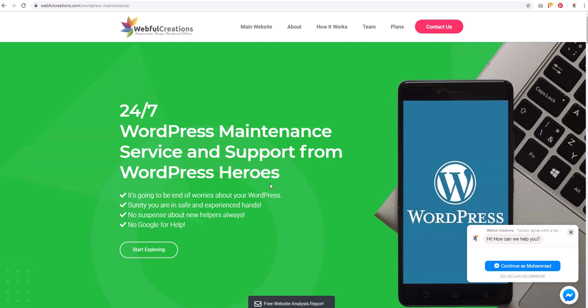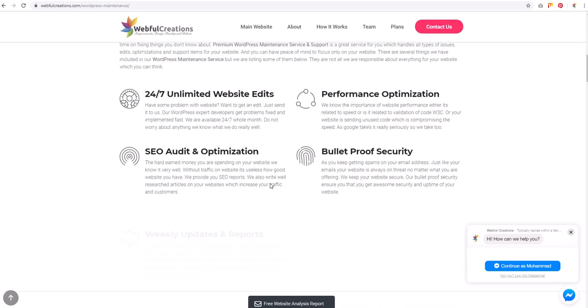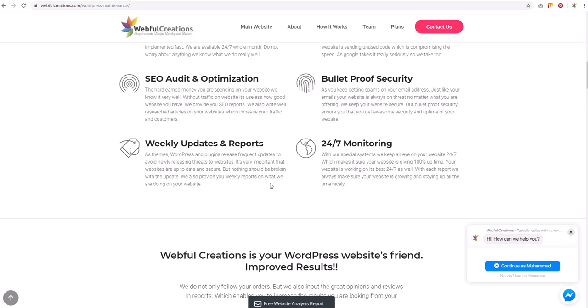Well, WordPress maintenance service helps you in different ways, meaning keeping your website up to date, and any customization request we'll do that for you. Moreover, we'll analyze all your traffic data from Google Analytics and Search Console to make sure you're getting the best traffic your website can. For example,